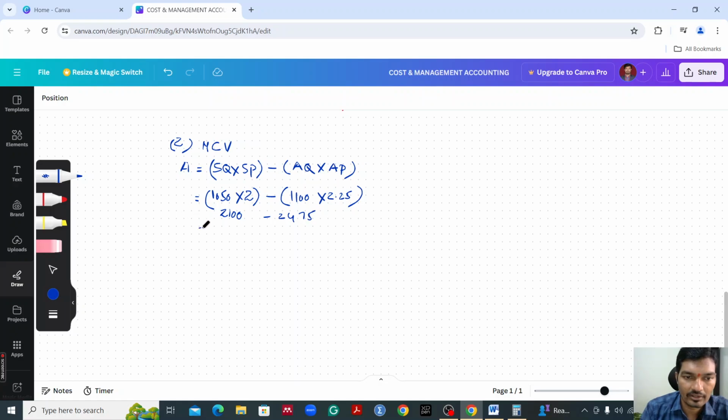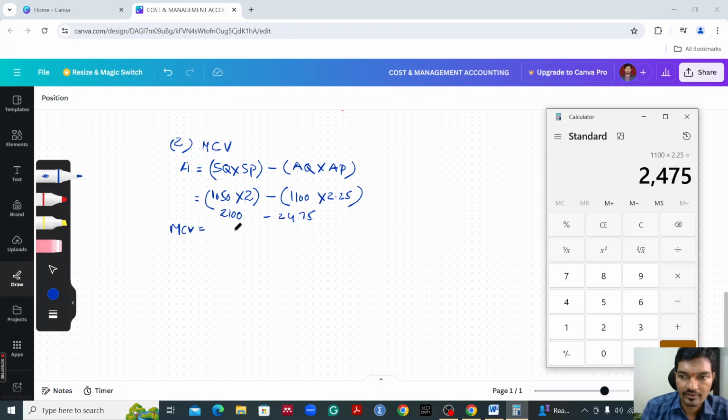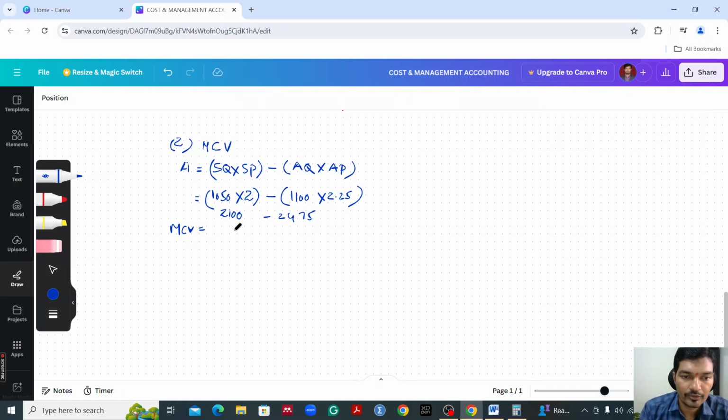Here we got the negative value, the MCV: 2100 minus 2475, and we got the negative value 375, which is adverse. So coming to product B,